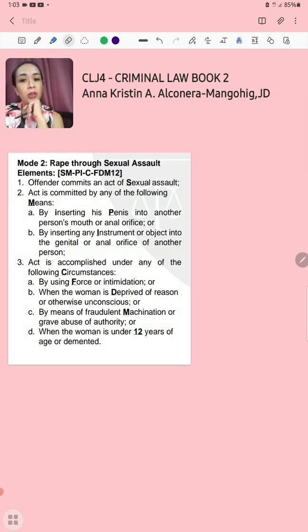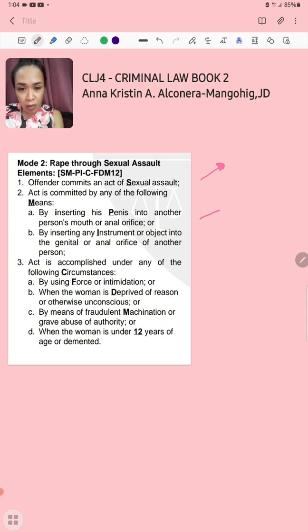Rape through sexual assault has the following elements. First, the offender commits an act of sexual assault. A sexual assault is different from carnal knowledge. There's sexual assault, and it is done by means of inserting his penis to another person's mouth or anal orifice. It's either sa bunganga or sa anus. It's not necessarily sa organ,